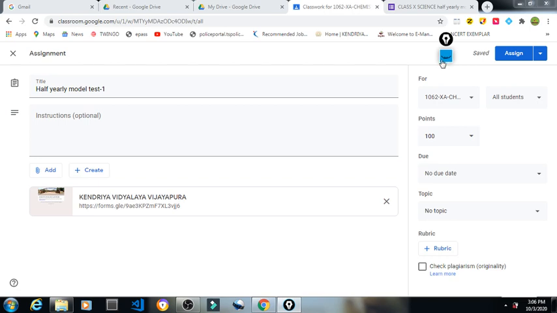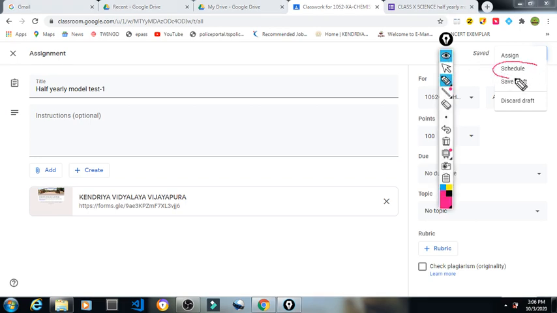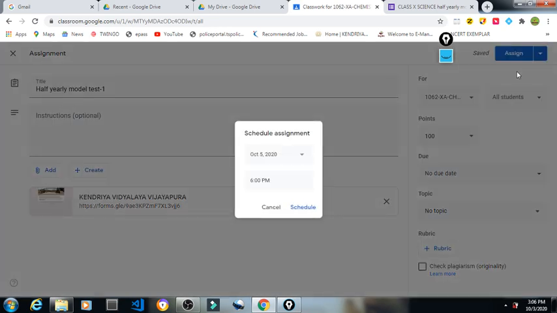As I said already, you can do that 5 or 10 minutes before also. What you have to do is click this downward slide bar option, you can open that one. So I will click down here. Here you can see the option which is schedule. This one you have to select. So I have selected the schedule.